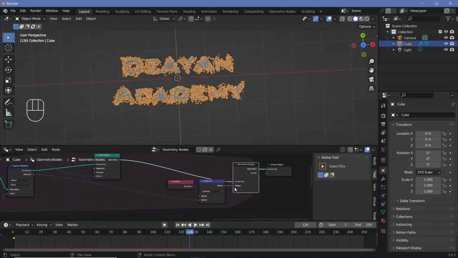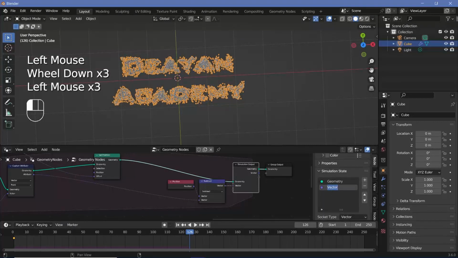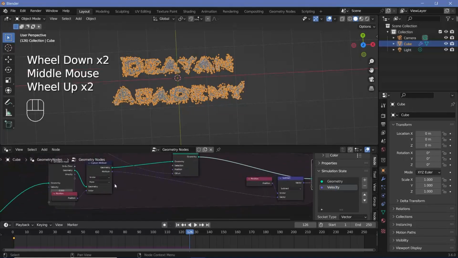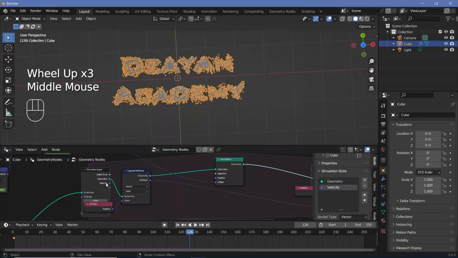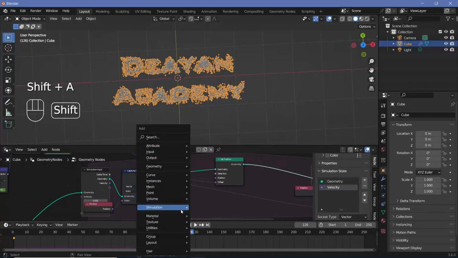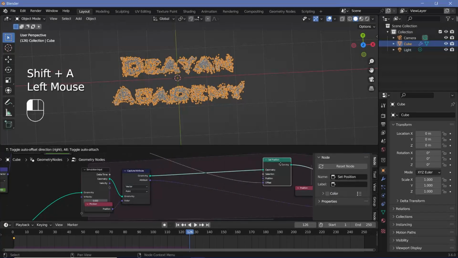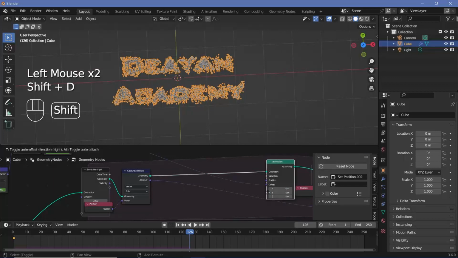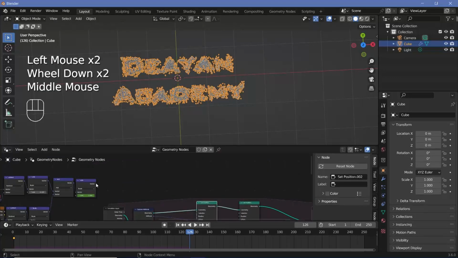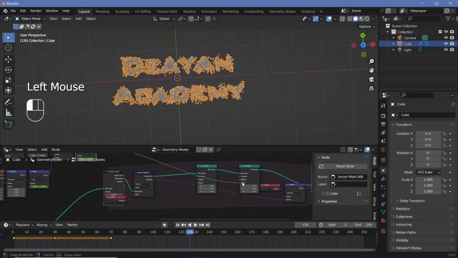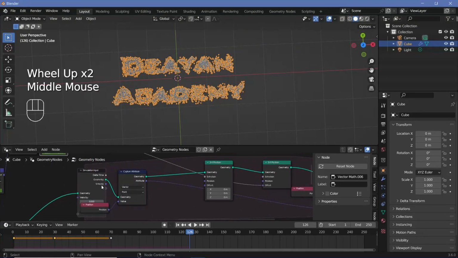Next I want to change this name from vector to velocity, so I'll go to node, scroll down, select this vector that has been created because we added that in, and change this from vector to velocity. Now we also have this velocity present as an input, and to actually use the velocity and make it continue moving in that direction, all I have to do is search for another set position node. I'll move this set position towards the side, press Shift D and bring that in here. Make sure that all of the other connections also remain and don't get disconnected,